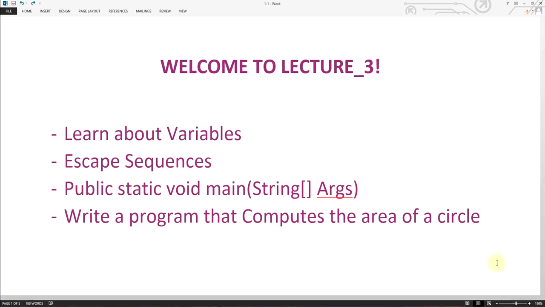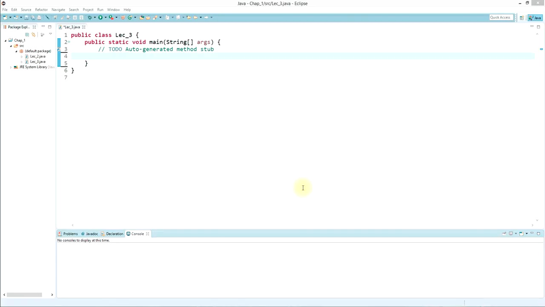Welcome to Lecture 3. In this lecture, we will learn about variables, escape sequences, and also learn what public static void main string args stand for, and also write a program like last time that computes the area of a circle, but this time we're going to declare and initialize on the same line. As you can see, I already have my class created, Lecture 3,